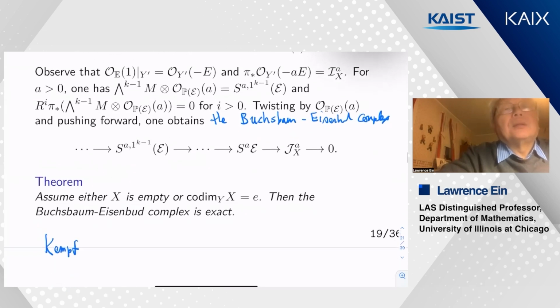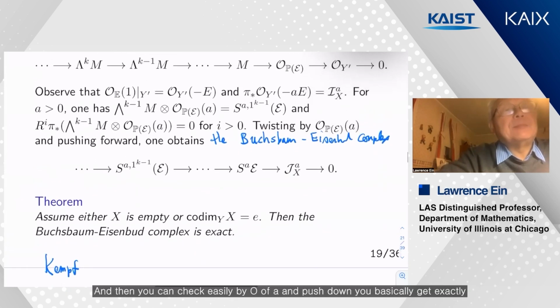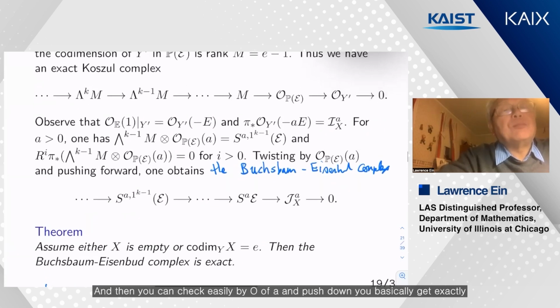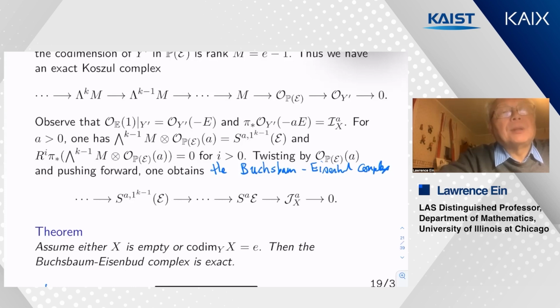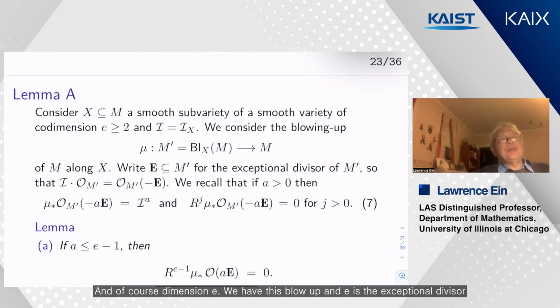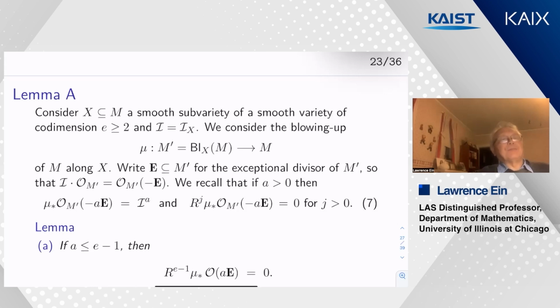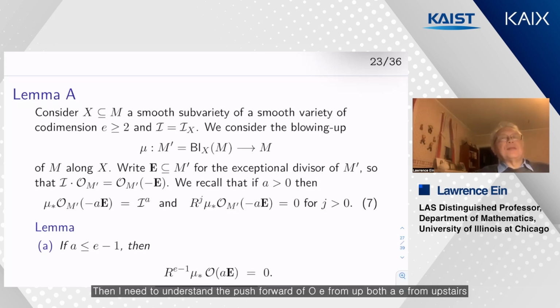And then you can check easily by pushing twisted by O of A and pushing down. You get exactly the Eisenbud, the Buchsbaum-Eisenbud complex. And of course, in dimension e, we have this blow up, and E is the exceptional divisor. Then I need to understand the push forward of O of E from upstairs to downstairs,